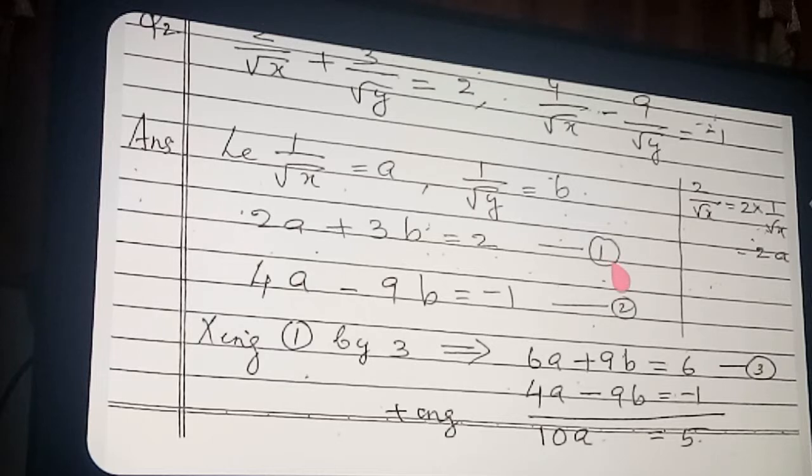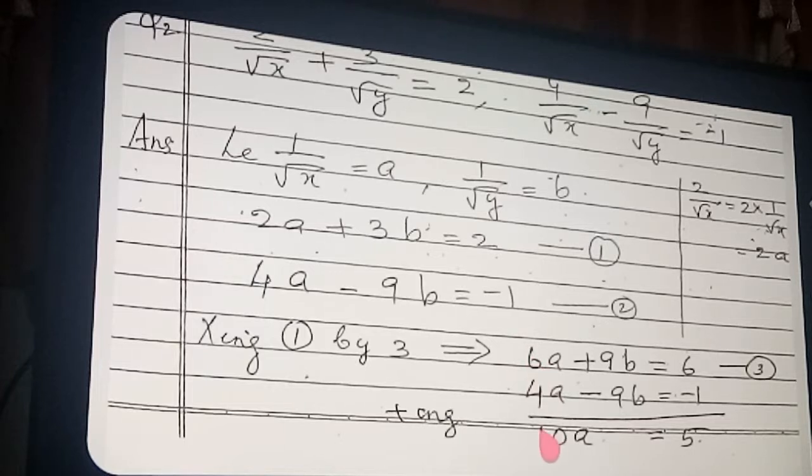Now we are solving 1 and 3. Multiplying 1 by 3, then we are directly solving which equations? Equation number 2 and 3, solving 2 and 3. The third equation is this one, 6a plus 9b is equal to 6, and the second equation is this one, 4a minus 9b is equal to minus 1. Here plus 9b, here minus 9b came now, so it will cancel automatically because we are adding. While adding there is no need to change the sign, so directly add.